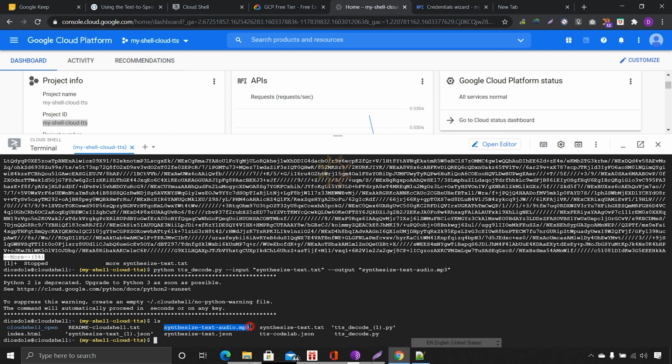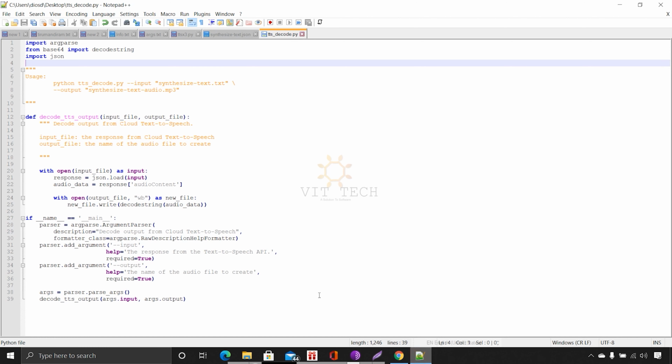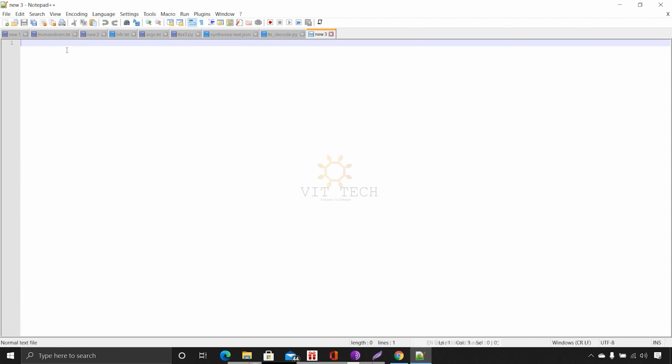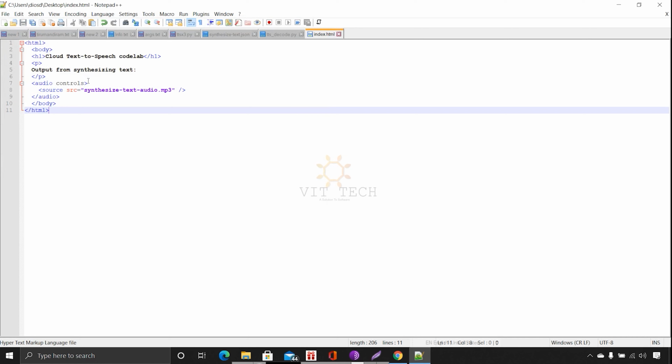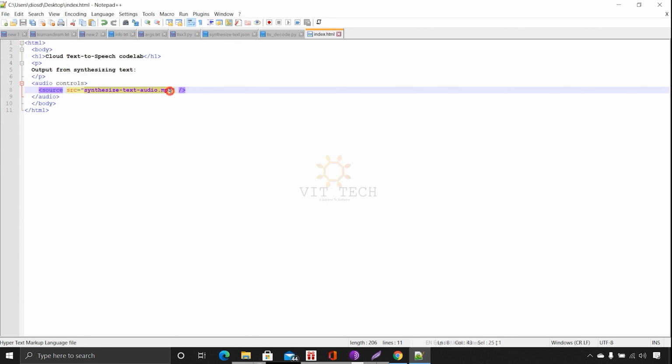So to play this, we have to create an index.html file. Again go to Notepad++ and create a file called index.html. It's an HTML format. Here you can see this is what we have to mention, synthesis text audio.mp3.